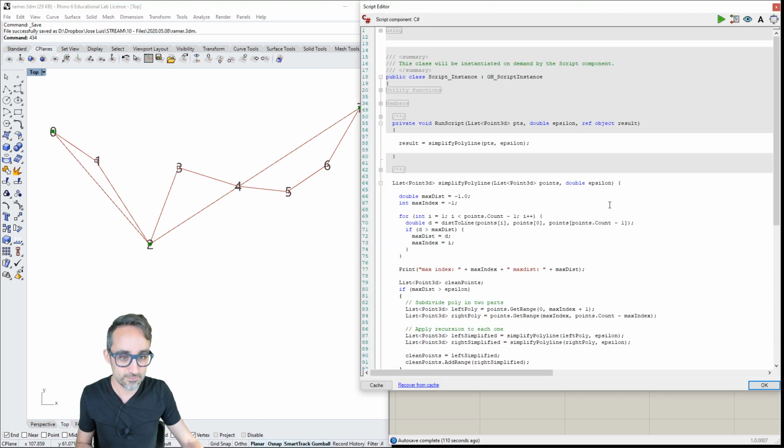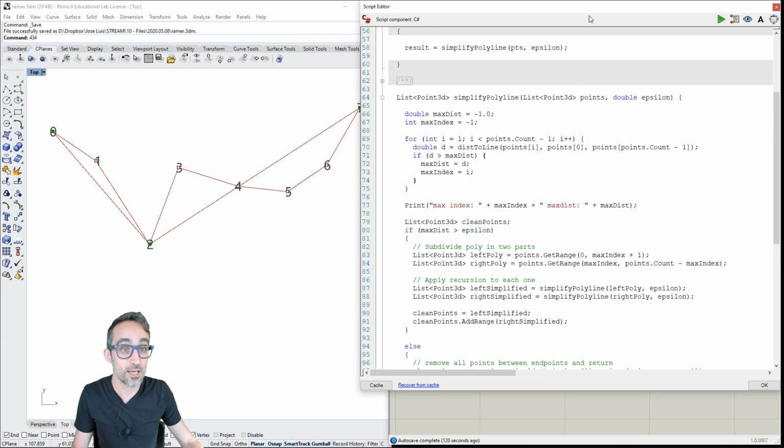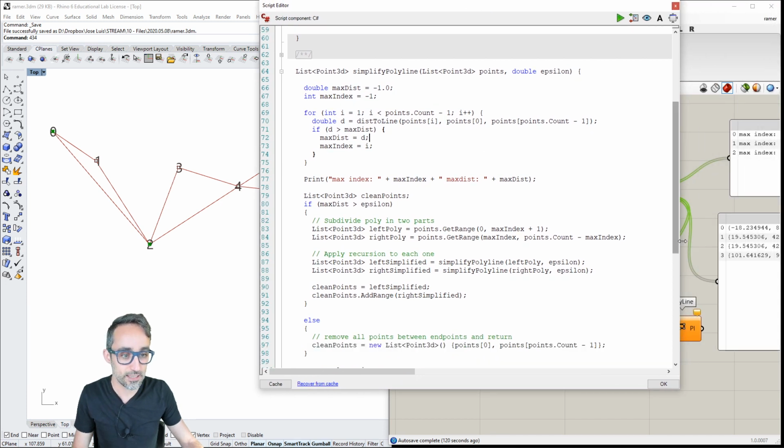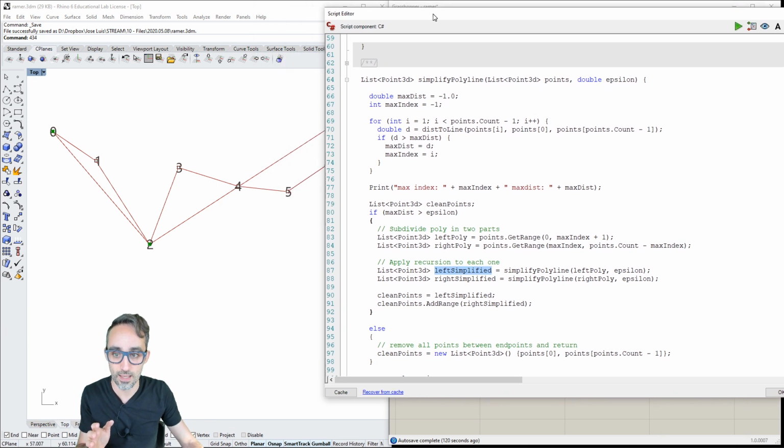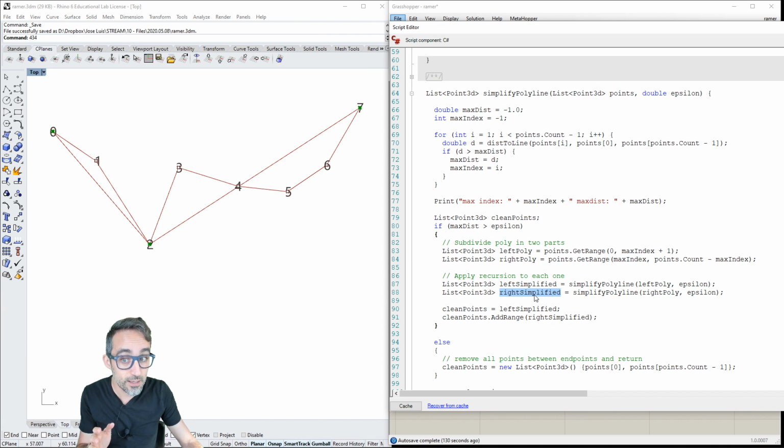Imagine they all get absolutely simplified. The left simplification has vertex number 0 and vertex number 2, but the right simplification has also vertex number 2 and vertex number 7. You see where the problem is?